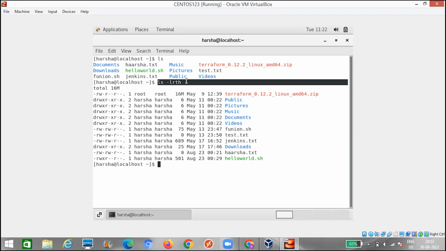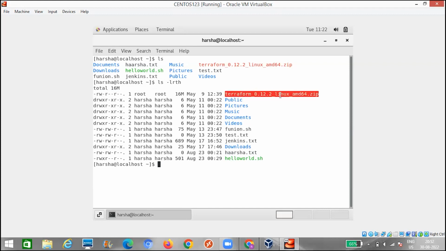Apart from that, we also came across file permissions. By looking at these file permissions, we can say whether the given thing is a file or a directory. Here, if you see the first character, if you see a hyphen, it is a file. If you see d over here, it is a directory. So here documents is a directory, because the first permission character is d. Jenkins.txt is a file, because it only has a hyphen. It is not saying it is a directory. Based on this, we can see whether a given thing is a file or a directory.